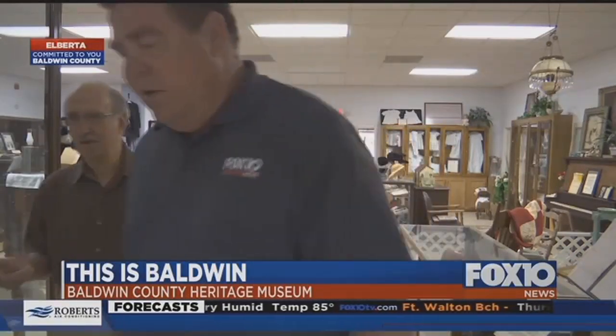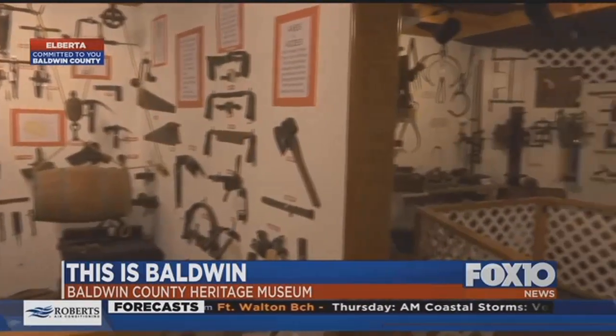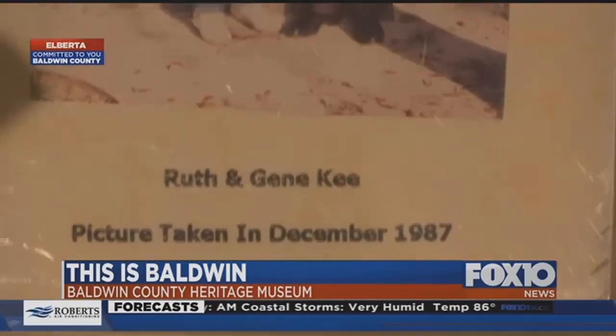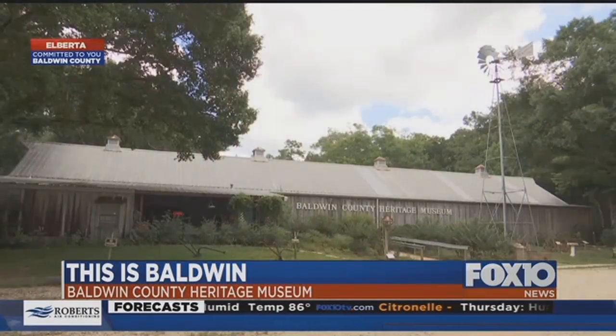Established in 1987, the Baldwin County Heritage Museum was the dream of a group of private citizens who wanted to preserve the county's place in history. Through generous donations from families who've lived here for generations, they were able to accomplish that. Today, this unassuming building on Highway 98 in Alberta is home to some of the most unique collections you'll find